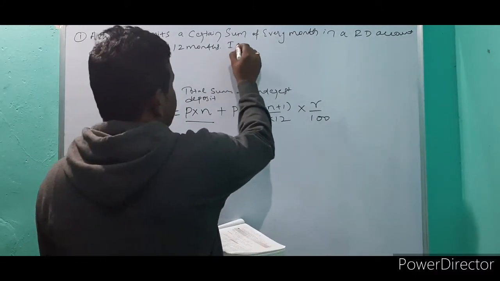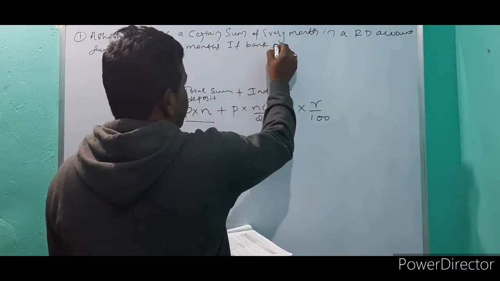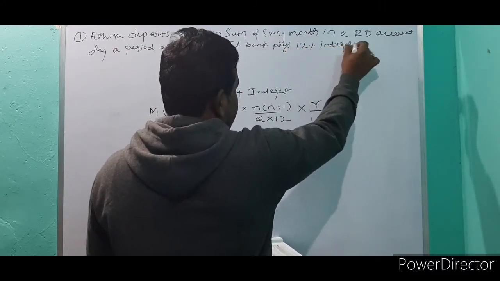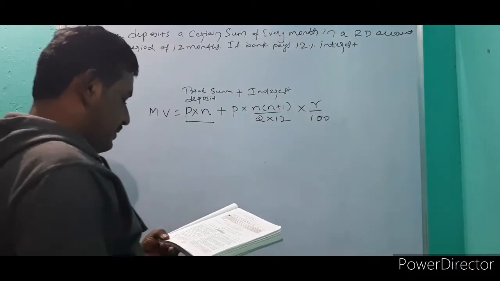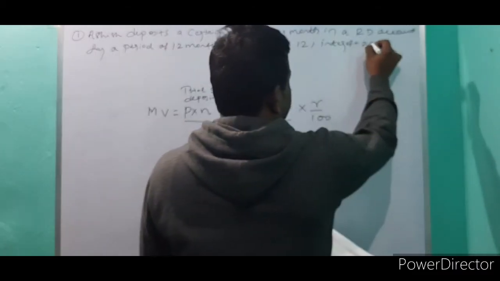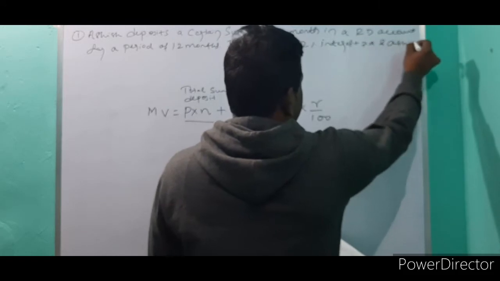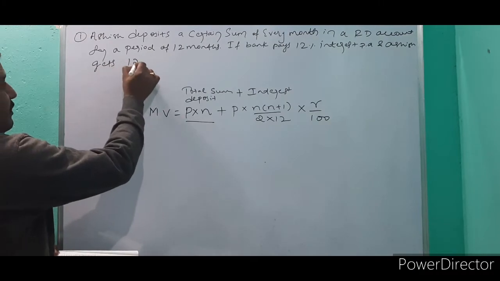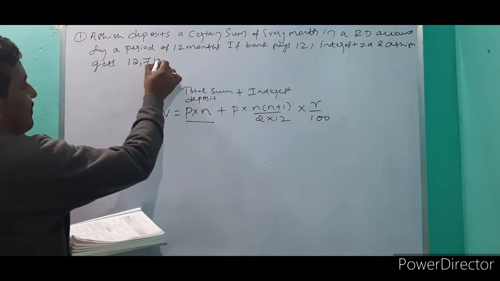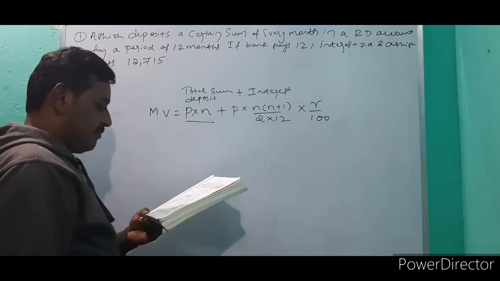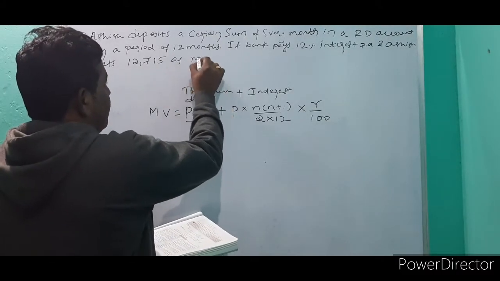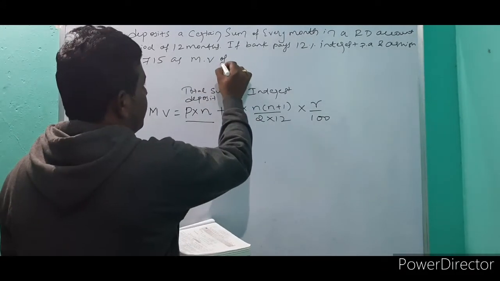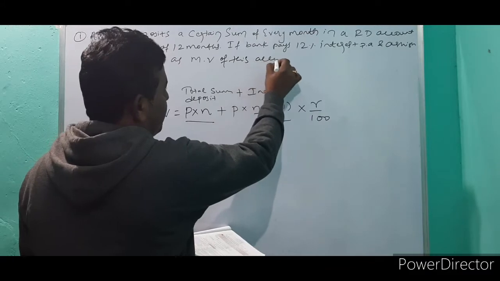If the bank pays 12% interest per annum and Ashish gets 12,715 as maturity value of this account,